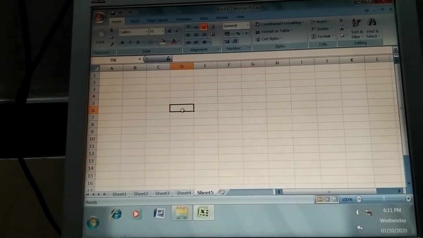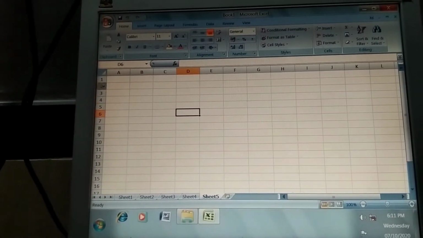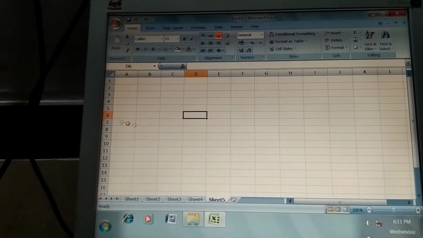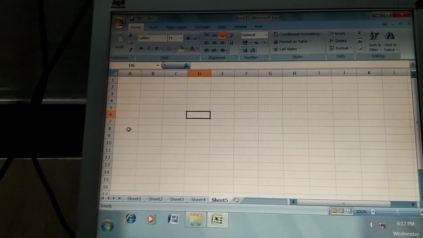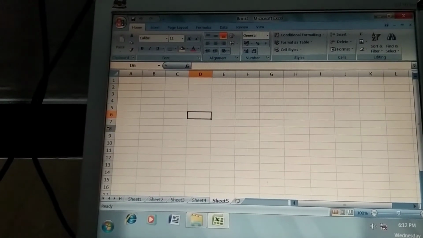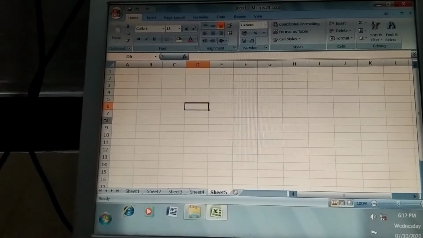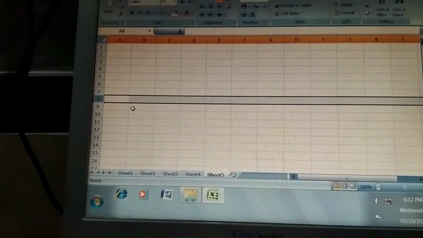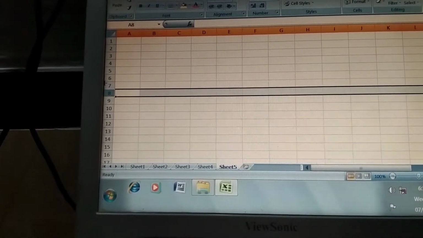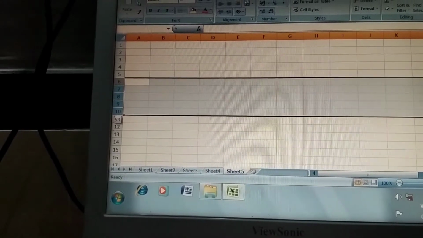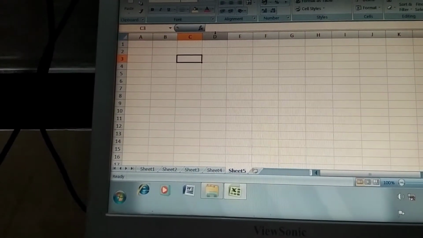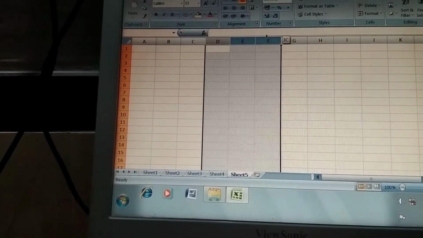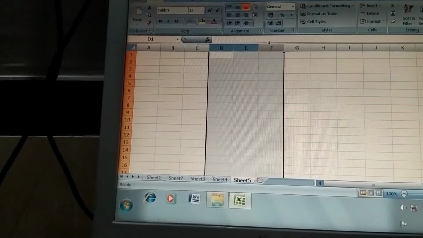Next is how to select any row or column. See, those numbers are coming. I just told you that these are columns. When your mouse pointer is a plus symbol and we move our mouse, a small black arrow comes. When that small black arrow comes, that time we have to click. When we click, this row is selected. This way we can select multiple rows also, click and drag. Same way we can select columns also, single and multiple, by dragging the mouse.